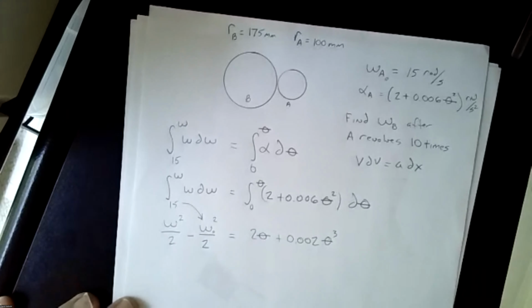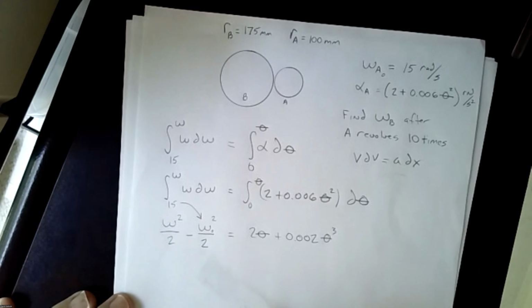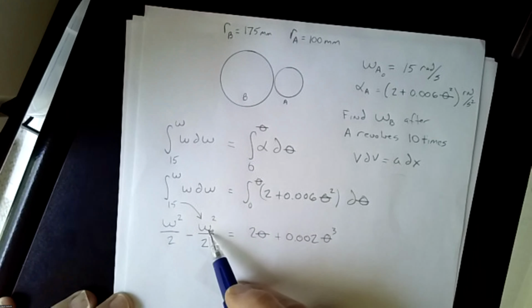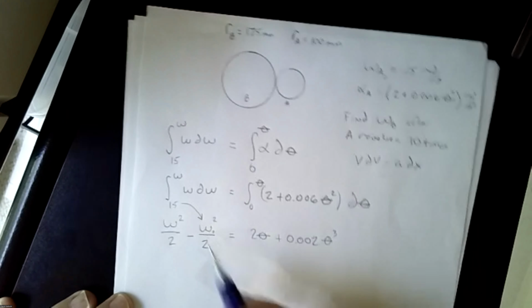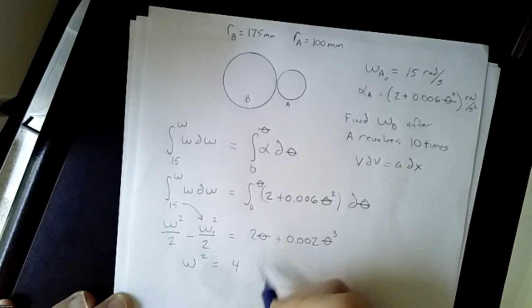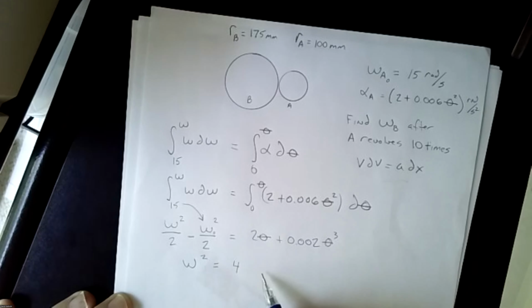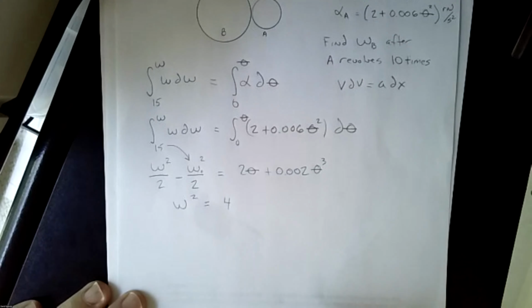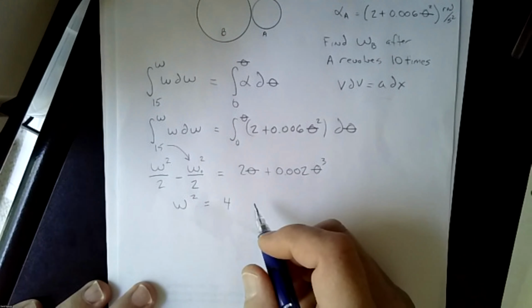All right. So when we simplify this, we plug in the 15 squared there, and we end up with omega, I guess we should call this omega A, or we can just leave it, omega squared equals 4 times, so I'm basically multiplying both sides by 2,